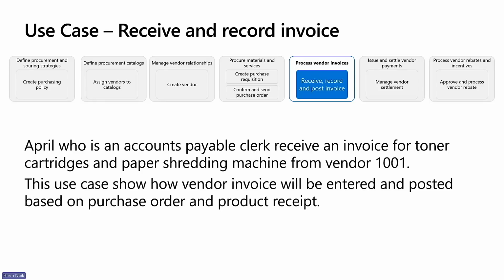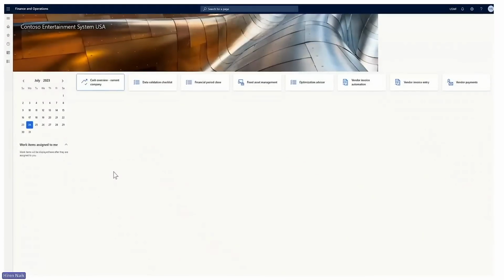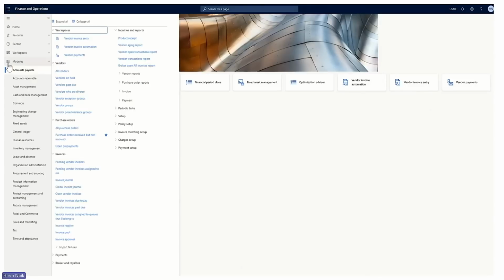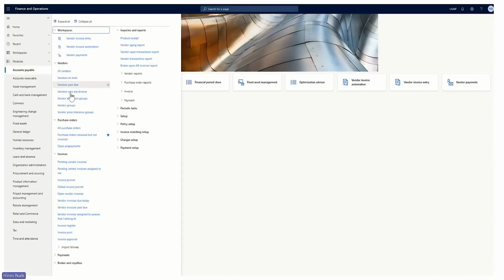This use case shows how vendor invoices will be entered and posted based on the purchase order and product receipt. So now let's log into the system. I am logging into the system as accounts payable clerk. I will first go into the procurement and sourcing accounts payable module, and then we'll see purchase order received but